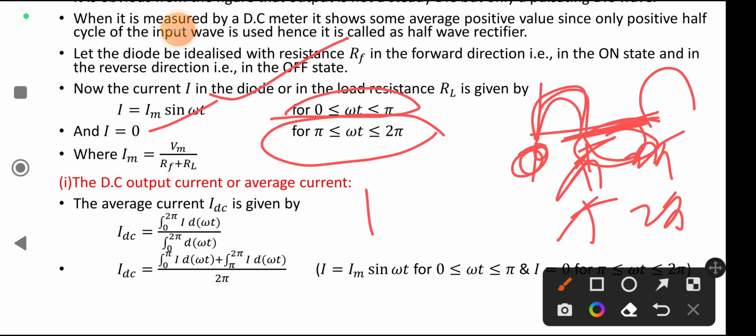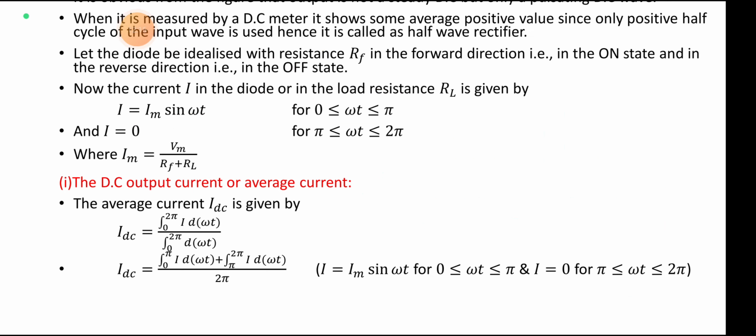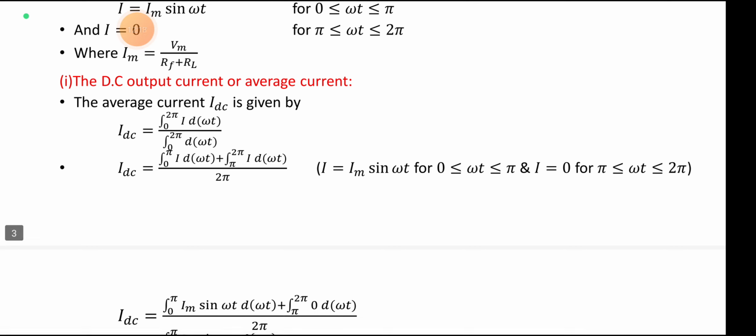And here Im is the maximum current, and the maximum current can be written as the maximum voltage divided by the load resistance plus the forward resistance. That is why it is written like this. And next,